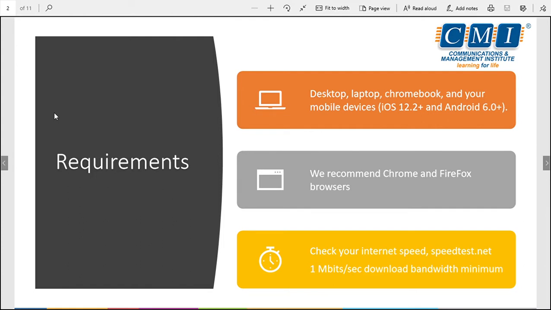To get started to study and do an online course with CMI, you need some basic requirements. You need to ensure that your desktop, your laptop, your Chromebook, or your mobile device is iOS 12.2 or higher, or your Android device is 6 plus. We recommend that you use a Chrome or Firefox browser,